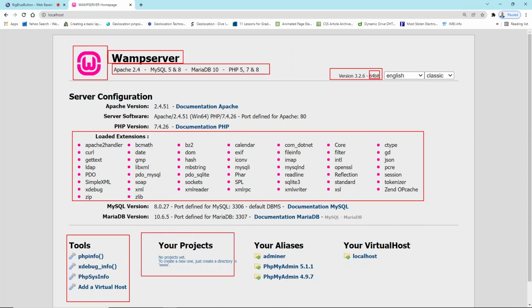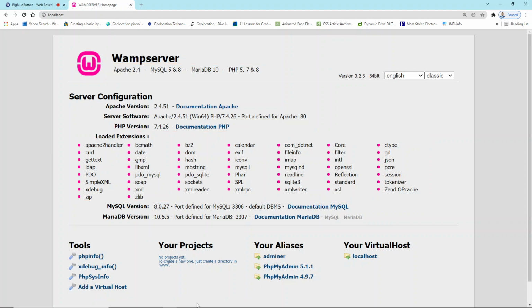But what is of importance for this video is this particular place, your projects. So when you create projects in WAMP server, this is where they go. This is where they go. Okay, so let's go ahead and create a project. To create a project,